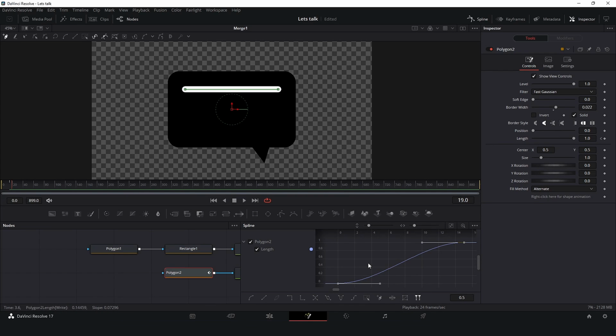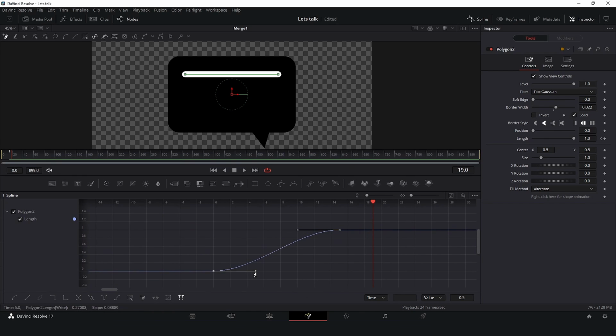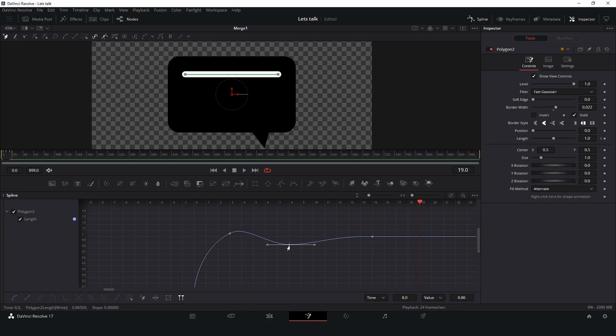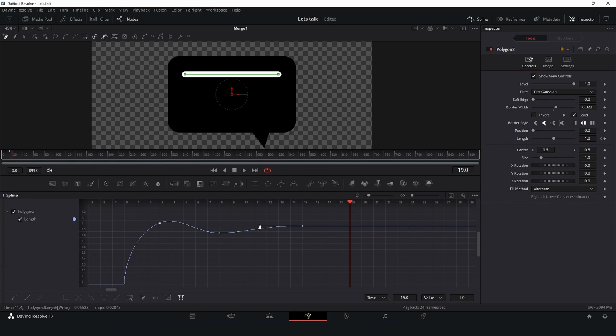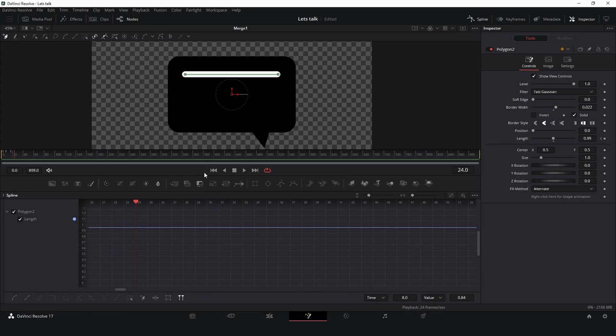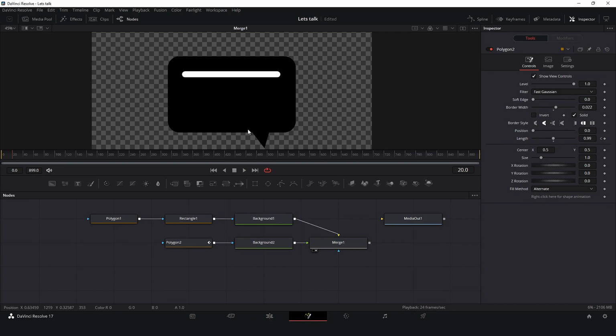So we press F4 here so I can see better, and let's make some change in this spline. Okay, so now the line is done.